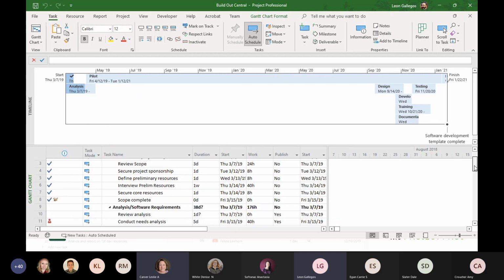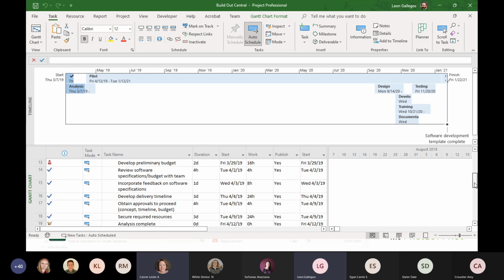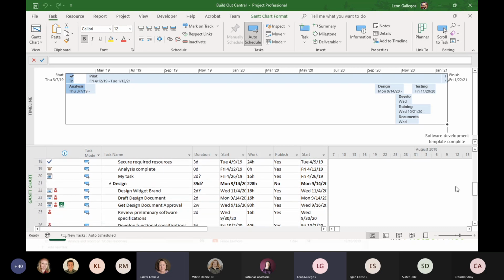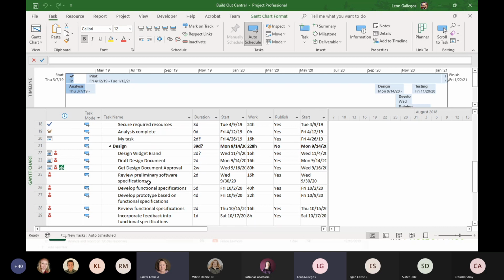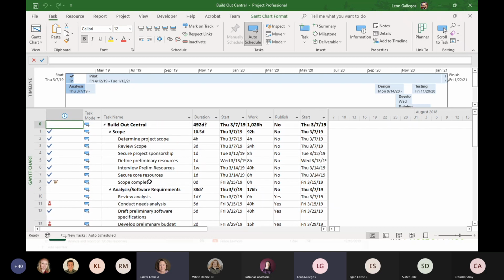Okay. So a couple things we can do here within these given projects. Let me get out of this or just move this up a little bit for now. You're seeing a lot of just what you would typically work with in Project, right? I won't go into details on what Project is able to do, but if you've worked with Project before, this isn't a light version of Project. This is full-fledged Project Pro.